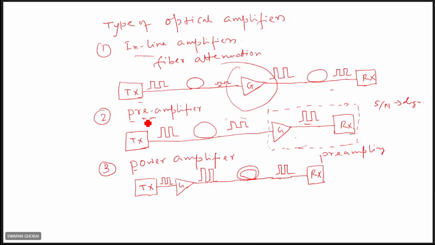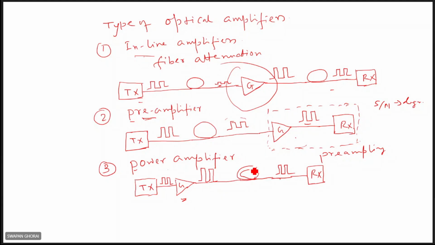Or what I mentioned just now, the transmitter power is generally limited. So to increase the transmitter power, you can use the optical amplifier just after the transmitter. So you see, the pulse height will be more, and it can cover a longer distance. The distance between the transmitter and receiver can be increased by the increase in the transmitter power with the help of these